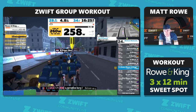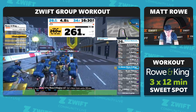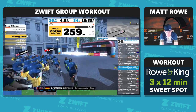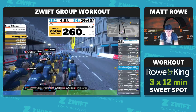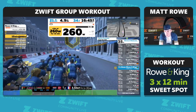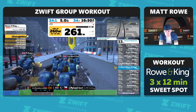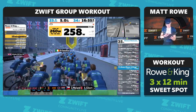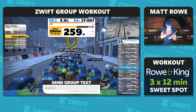So we've got someone there commenting about their cadence being too low. Again, this part of the session isn't at a prescribed cadence. So I wonder whether your FTP is set too high, so it's asking you to produce too much power and you're just struggling to maintain. So what I suggest is drop the percentage on the left hand side. Just going to send a message. Drop the